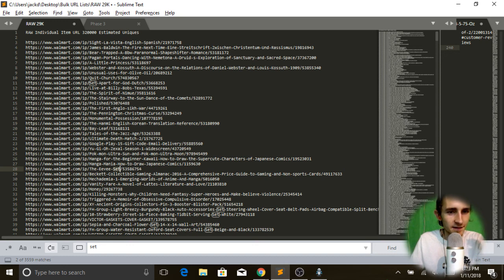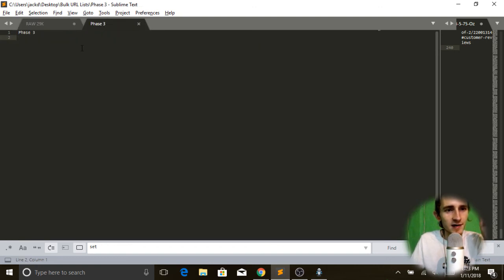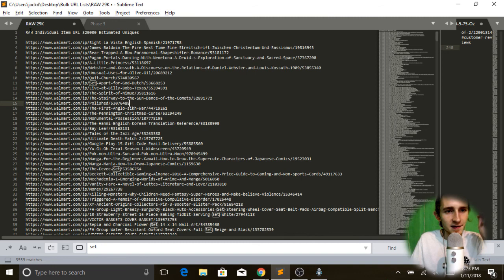But we also need to do the negative filter. And I'm not sure which to do first, because I could do the negative filter on the raw list of items, so that will eliminate every bad item on here at the beginning. Because it's in my best interest to keep one version of this that has all of the bad links taken out. So maybe instead of taking the good links out straight away, what I would do is now edit this, because it's considered a raw list right now, so there's no filtering done. So I think what I would do is go through and get rid of the bad items first,